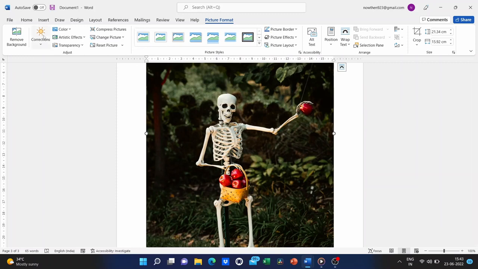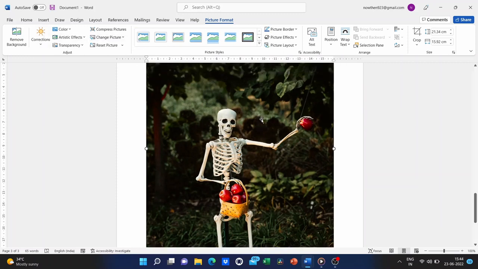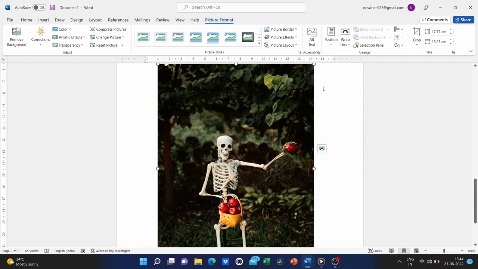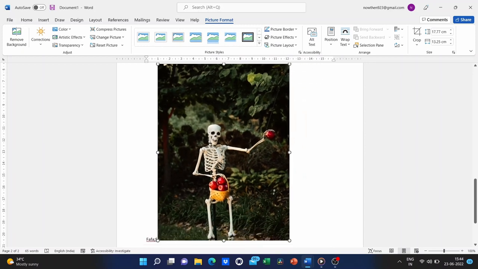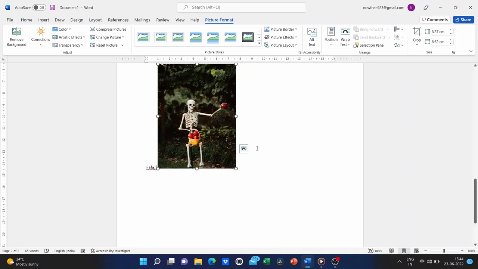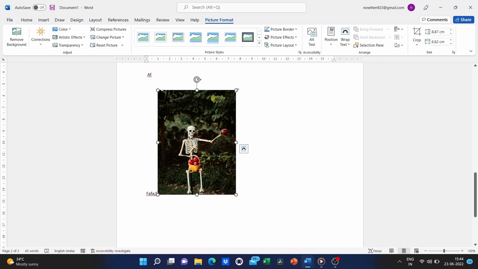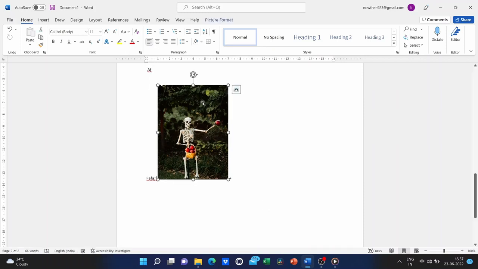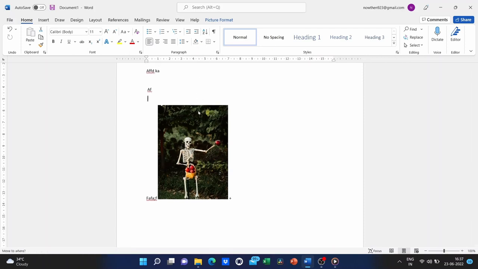First thing I want to do though is just resize this image. So with it selected, I can just go to the corner, any corner, click and drag to shrink that photo down a little bit. And that's a lot better. Now I'm still struggling. I'm trying to drag it up to the place I want it to be, but it's just not quite cooperating with me. The reason why is because this photo has some specific layout options that come pre-selected by default, and so I need to change those layout options.